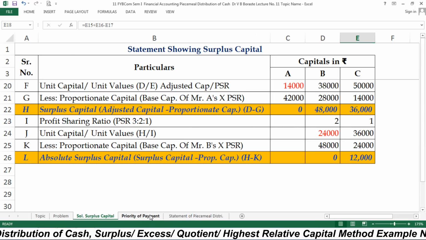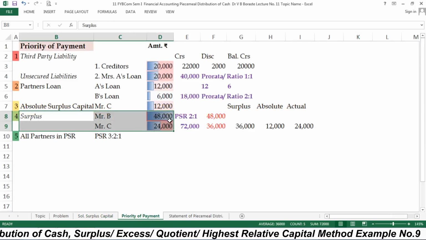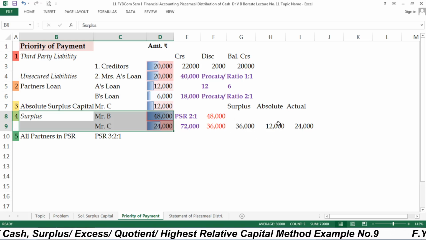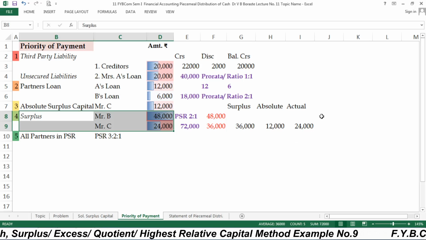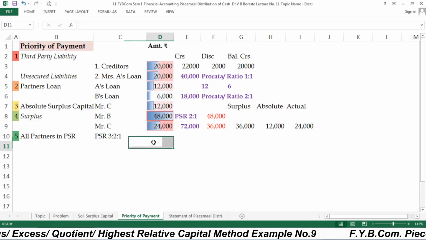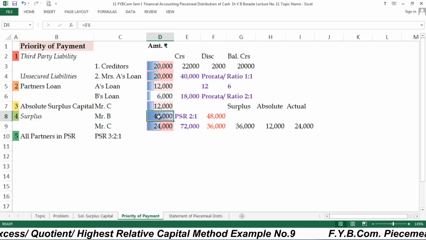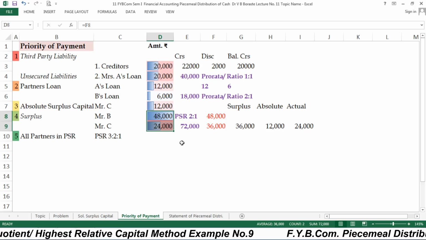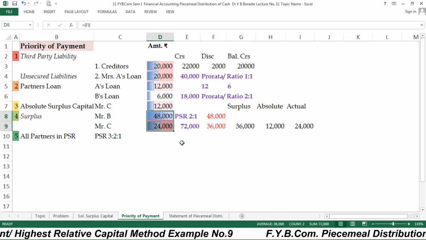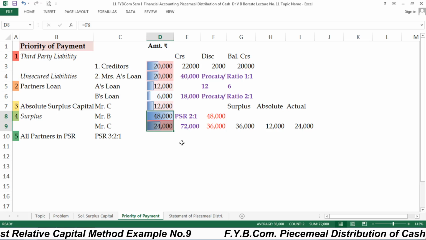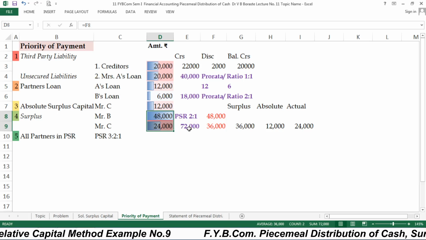That means in this stage we have to pay only 24,000. Out of 36,000, Mr. C received 12,000. That means simply his payment is payable rupees 24,000. It simply means that Mr. B will get 48,000, and Mr. C will get 24,000. Here another meaning is that in this stage if we don't have an amount rupees 72,000, that is total